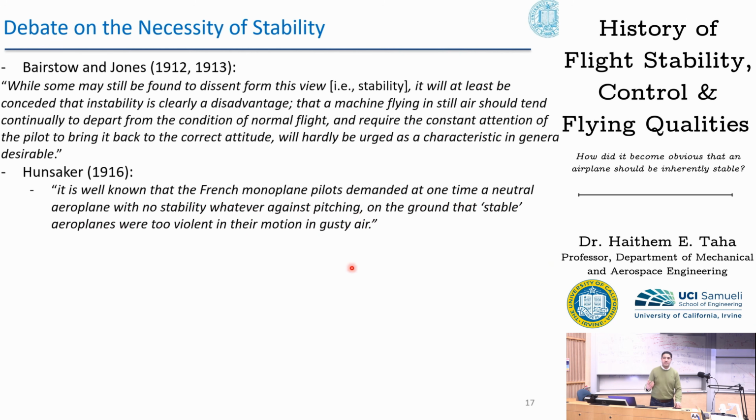This is quite interesting because it's a bit counterintuitive, because one might think that a stable airplane should do well in turbulent and gusty air. That seems to be the role of stability. Actually, on the contrary, because as you know, a too stable airplane will vigorously resist and reject every single little disturbance. So in rough, turbulent air, it will try to reject this disturbance, reject that disturbance, so it will keep oscillating and lead to a rough ride. In contrast to a weakly stable airplane, which is not that sensitive to disturbances, it doesn't have this ability to resist every single disturbance. It will simply filter out these high-frequency disturbances.